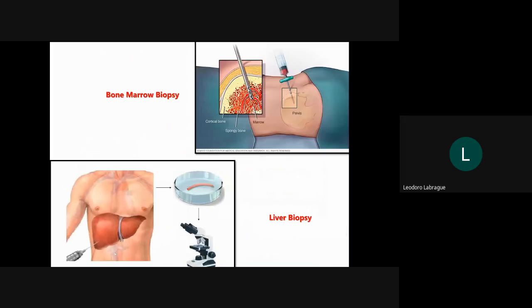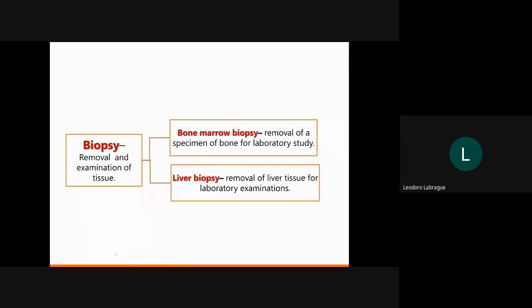Don't worry, this is the last slide that we have. We're done with blood test, we're done with specimen, we're done with visualization, we're done with aspiration, and the last is biopsy. A small tissue is removed from a specific part of the body, and this tissue will be examined for the presence of certain diseases, specifically cancer, and we call this procedure biopsy.